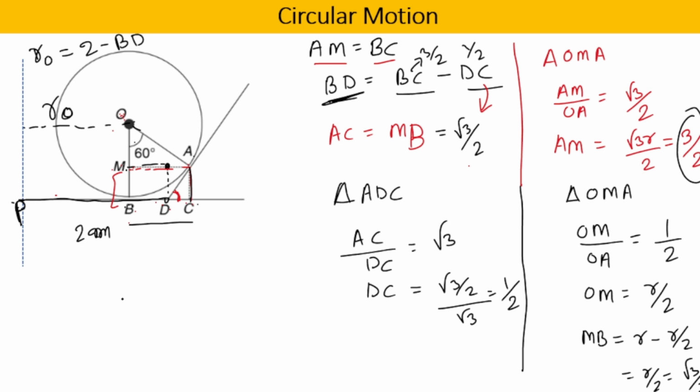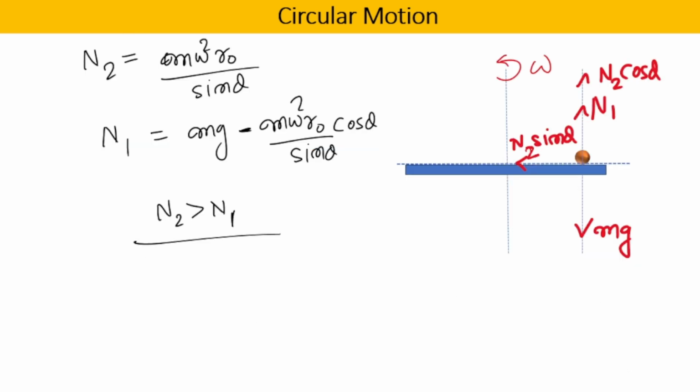So BD is 1. यानी कि R naught तुम्हें क्या मिला? 2 minus 1, that is 1 meter. डन है? ये process करना पड़ेगा, I am really sorry, करना पड़ेगा, ठीक है? So now let's go with